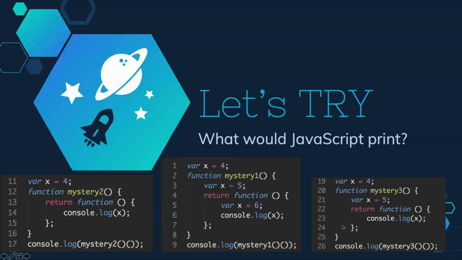So how do we evaluate this? You first call it using this first parenthesis. When you call this function called mystery1, inside that function you define another value for x, which is the x in that function. But what you are returning is a function. So now this code in the inner function gets invoked, it gets run,